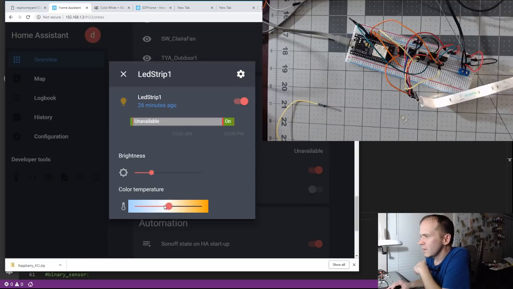You can kind of see it gets a little bluer when I switch it over, but you can see it does transition, which is kind of cool. And you can change the transition time. It's pretty cool.